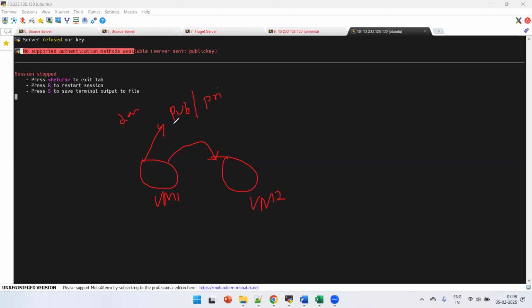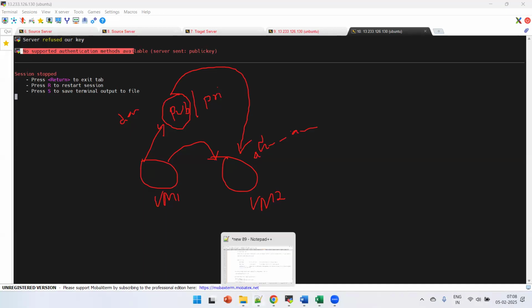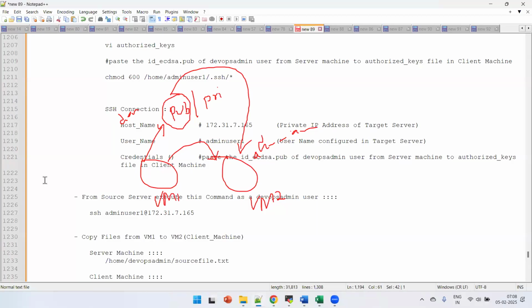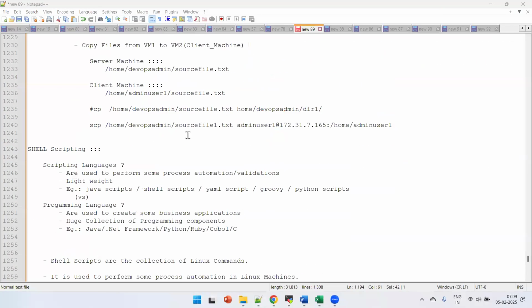Once the keys are created, we copy the public key of this DevOps admin user into the Ansible admin user's directory as an authorized key. The point here is that when you do that activity, you have to follow these instructions